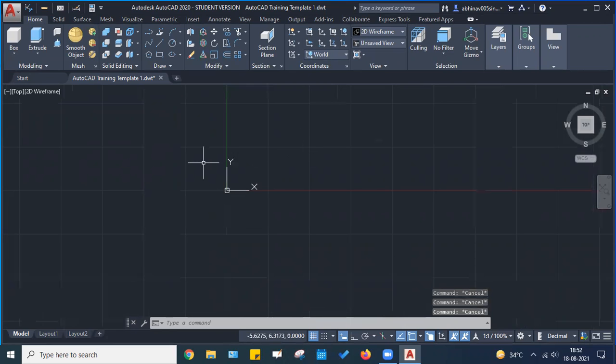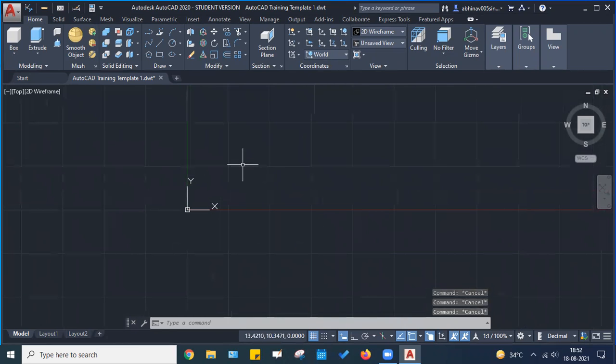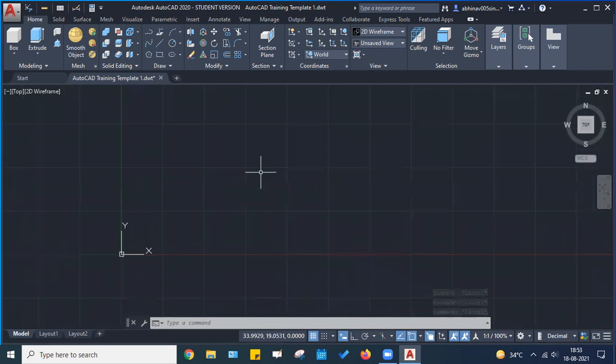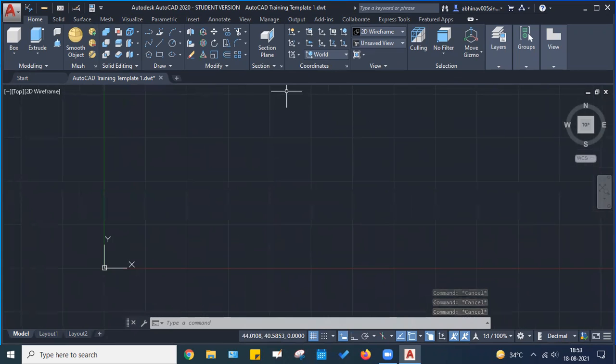Now here you can create anything in 3D. You can create a 3D view very easily. Although it's of not much use to civil students, but still, since you all wanted to learn 3D as well, this could be useful if you're modeling some basic models, but not really as compared to Revit. Okay, so now